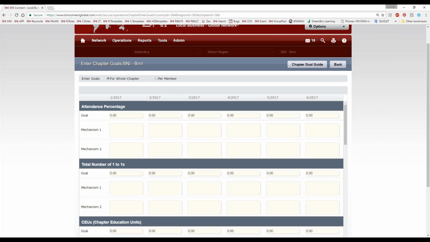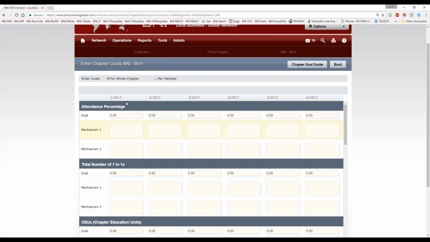All right, so let's take a look at each of these individual goals. This first one here is probably the easiest one to look at, attendance percentage. And what do we want to do for our attendance? So here's one other thing that I'd like to share with you. This is my theory of doing it. You don't have to do it this way. You can do it however you want to, but